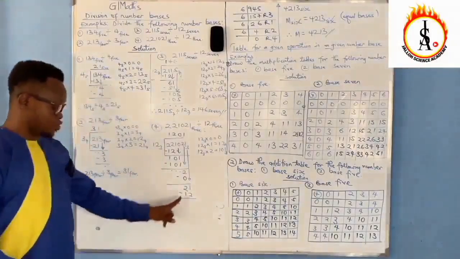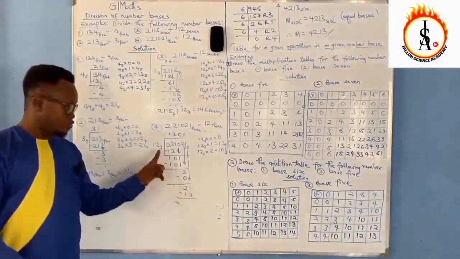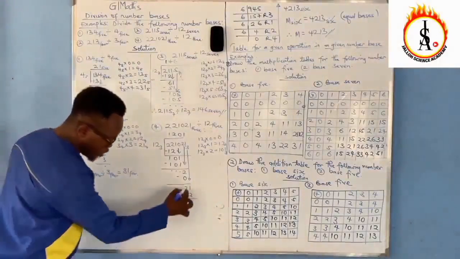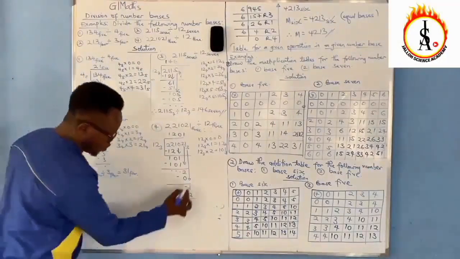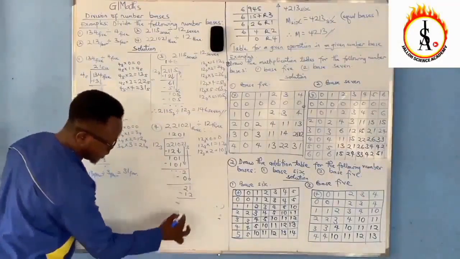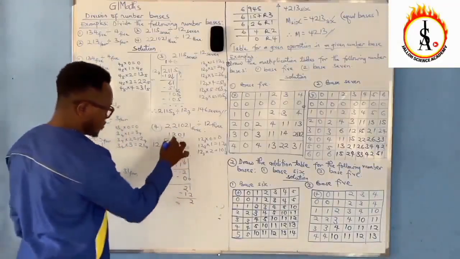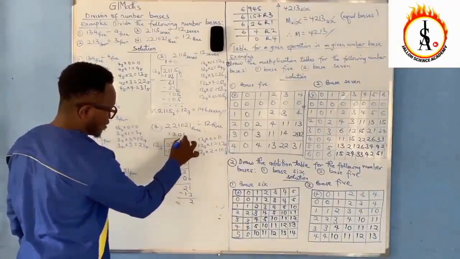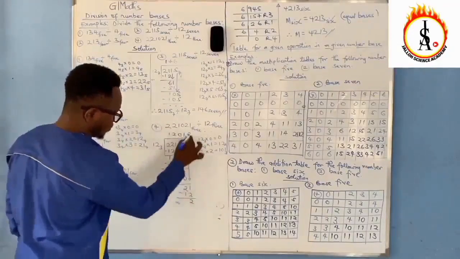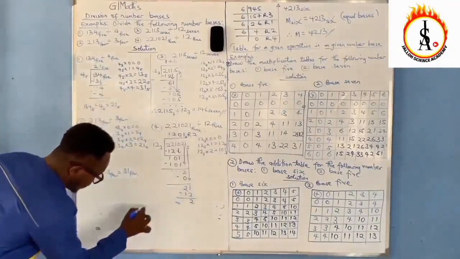Mind you, this is not 21 minus 12. We are dealing with base 3. So borrow 1, bring it here. This becomes 4. 4 minus this here gives us 2. So this one becomes 1, 2, 0, 1 in base 3 with a remainder of 2. So therefore,